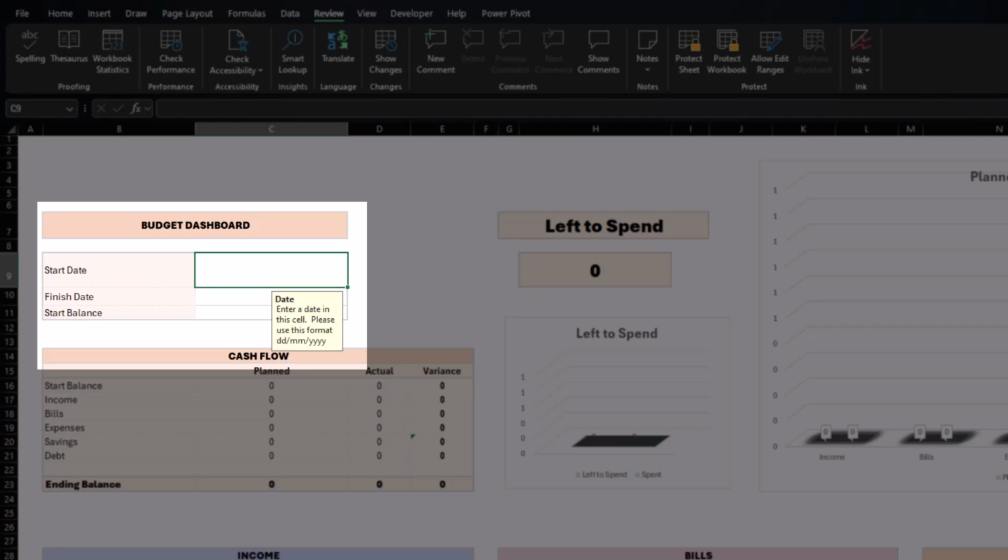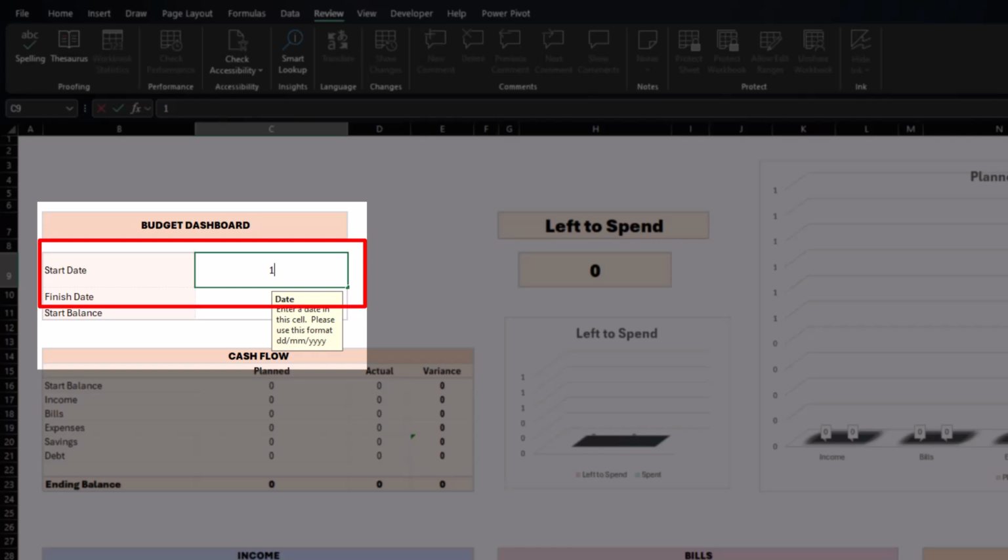So in a lot of these areas, you'll see that it has a little pop-up box telling you what is required in that particular cell and the format that it's required in. So in this case, it's the date, and it'll be in the format day/month/year. So we can put in our start date. So I'm going to put in the 1st of July,